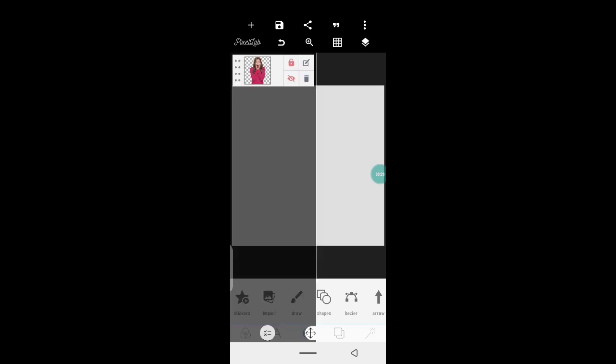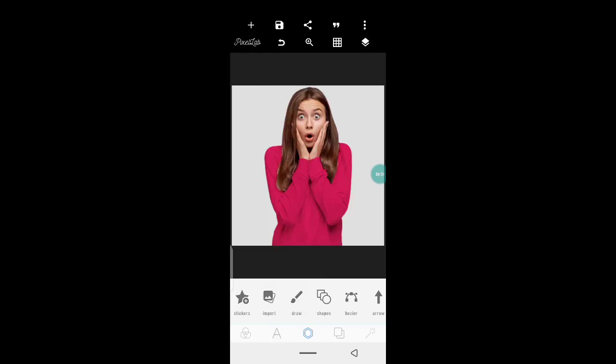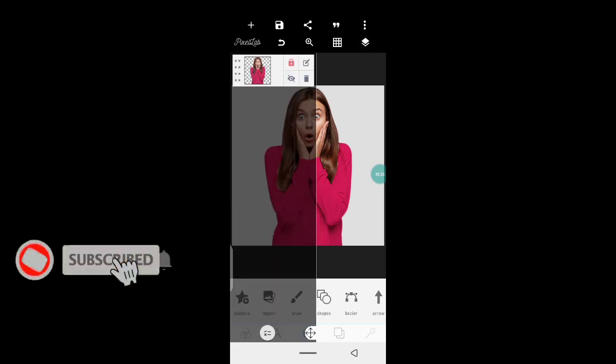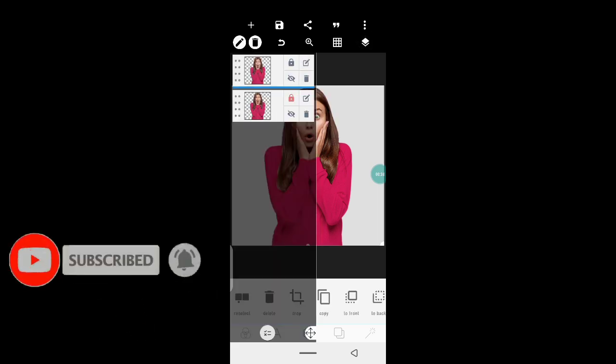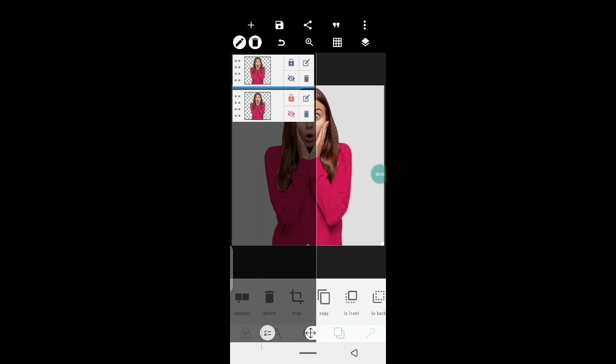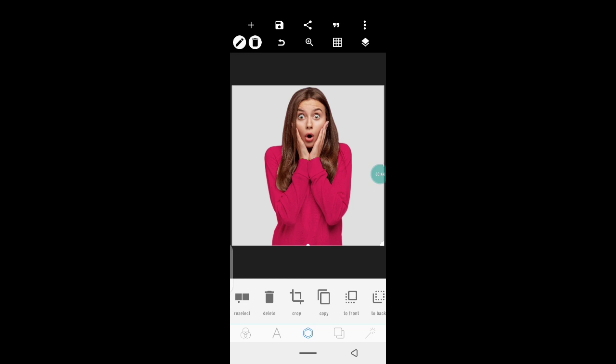I already have my image here. This is the image that we are going to change the color of the dress. We are going to make a duplicate of this image over here. We're going to hide the first one, then select the other one, like this. Then we head over to